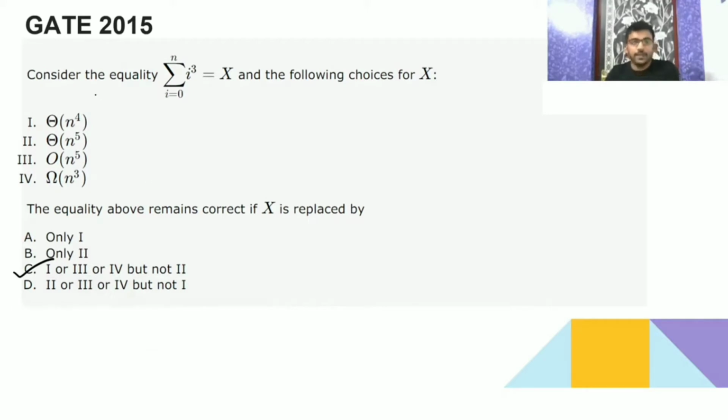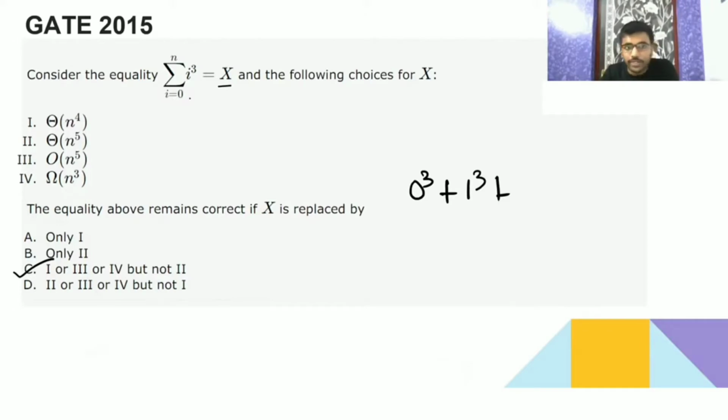Consider the equality. It is saying, consider that which is going to be equal to x, the following choices for x. So what is going to be the x? There are following choices. Now it is 0 to the power cube. I am explaining. Let me explain. So it's 0 to the power cube, then 1 to the power cube, then because it's increasing,